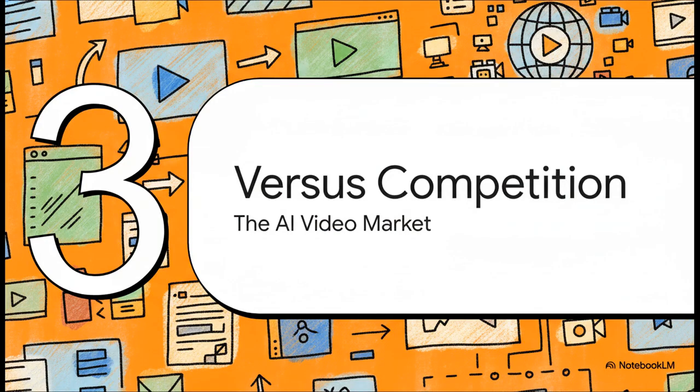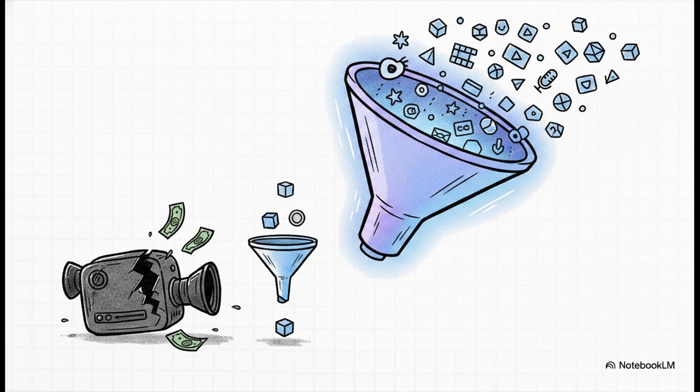Section 3. Seedance versus the competition. So how does this stack up? The competitive context has shifted dramatically in just a few months. OpenAI actually shut down Sora back in March. Reports indicated it was bleeding cash, costing them roughly $1 million a day to operate, while generating just a fraction of that in revenue. Google then stepped in to fill the vacuum with Veo 3.1, which does offer native 4K, sure,